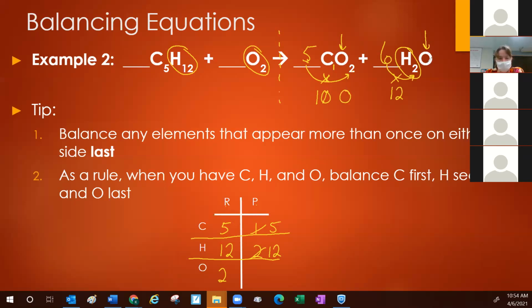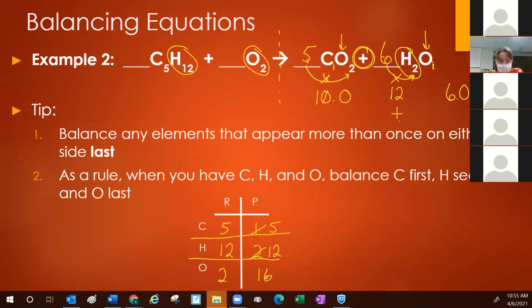But there's also oxygen here. Remember, there's a 1 after that, but we have to multiply that by 6. So there are 6 oxygens on this product. So in total, this plus sign means that we have 10 oxygens plus 6 oxygens. So there are 16 oxygens on our product side. Lucky for us, oxygen only appears once on the reactant side. So if there were originally 2, but we need that to match 16,